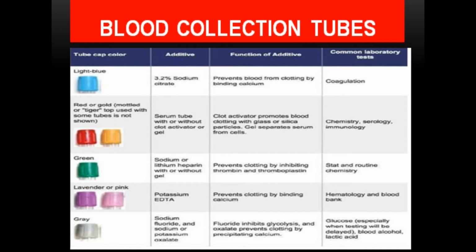Then we have the grey top tube, and the grey top tube is used for the determination of blood sugar level and for the collection of blood glucose, as it contains sodium fluoride and sodium or potassium oxalate. The problem is that glycolysis continues in the blood even if it is taken out from the human body. So to inhibit the glycolysis and to maintain the optimum concentration which was present in the body,